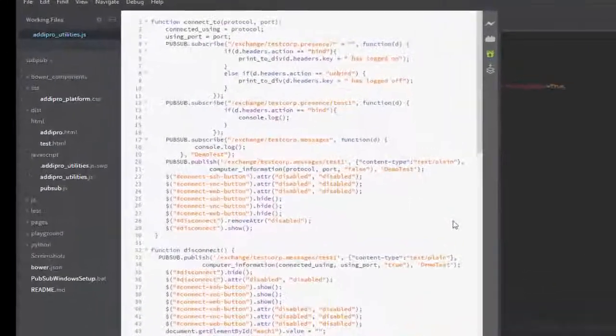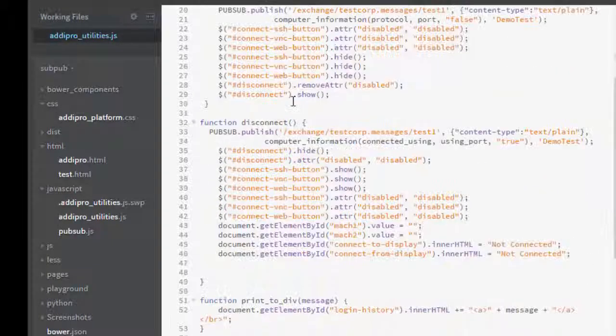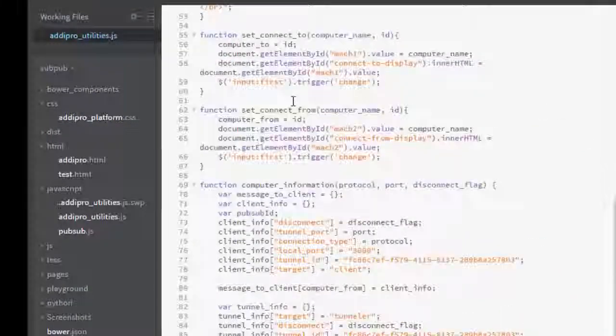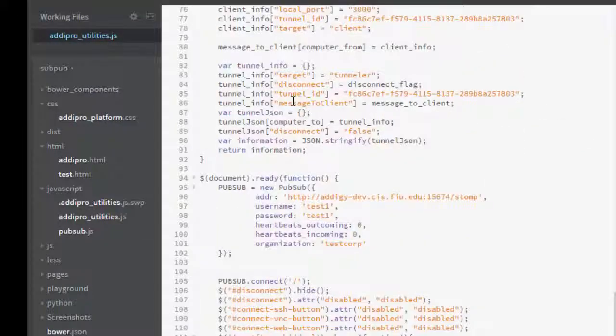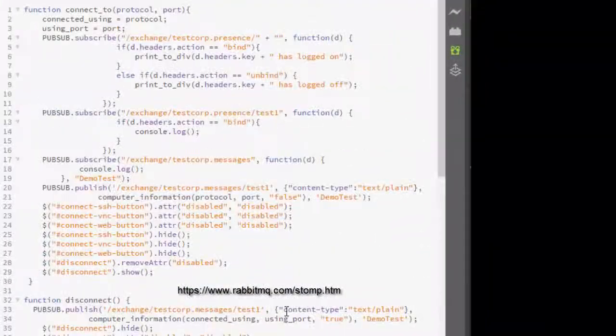For web, the same steps must be taken with a few discrepancies. For instance, for the location of our server, we must specify port 15674/stomp. And, as opposed to specifying just a queue name, we must also specify a direct channel. More details can be found on the RabbitMQ Stomp adapter page under Destinations,